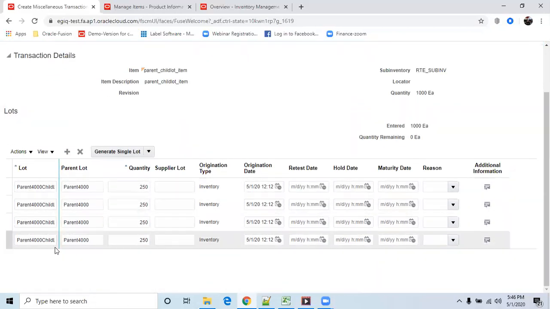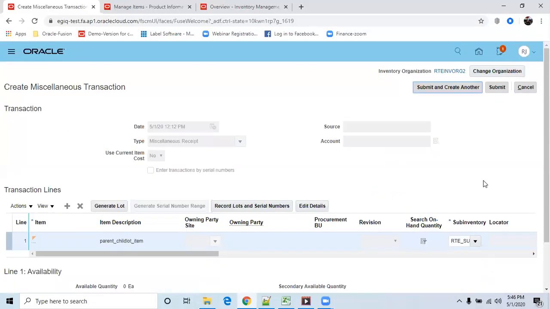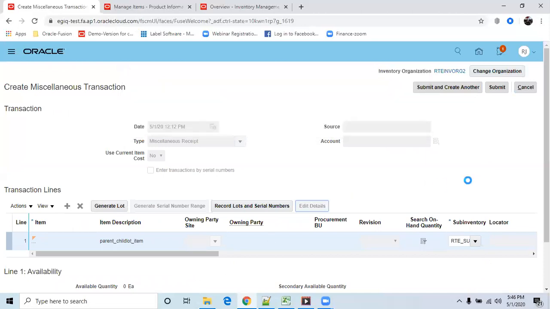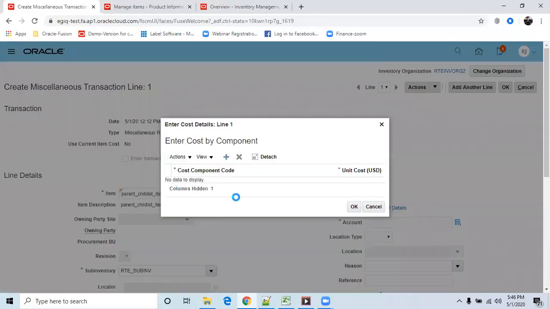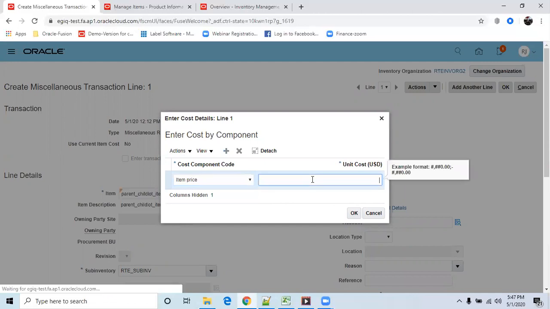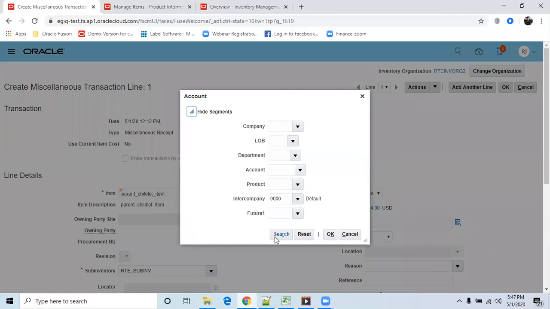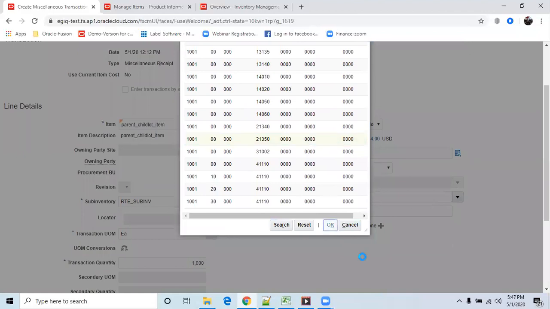So for all 1000, I created both parent and child combination lots. So entered, 250, yeah, 1000. Click on OK now. Okay, click on submit. Edit, enter the cost, item price, something. So select the account number. So this way you can create your parent and child lot combination.